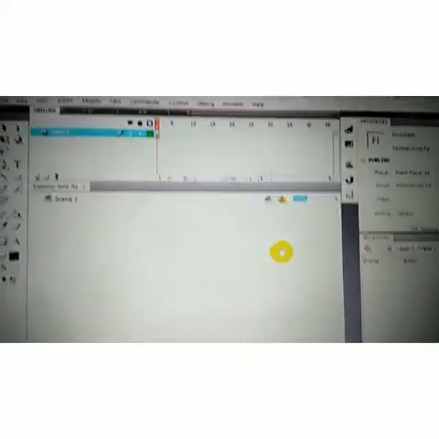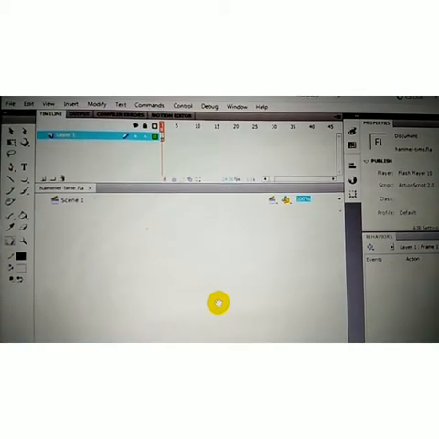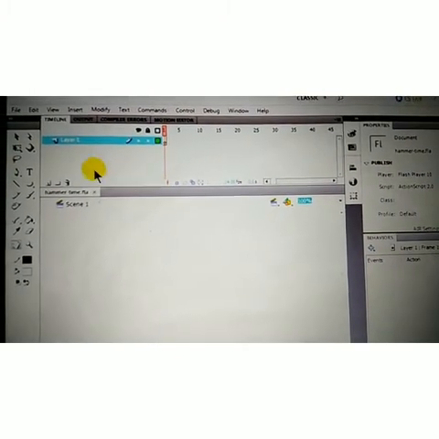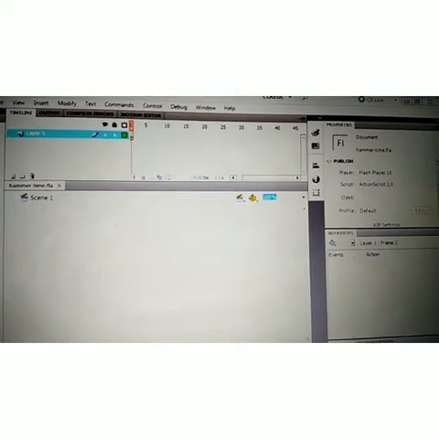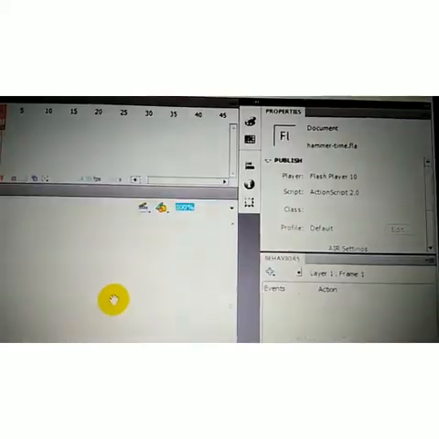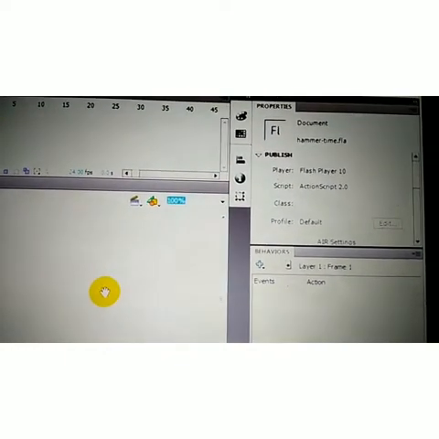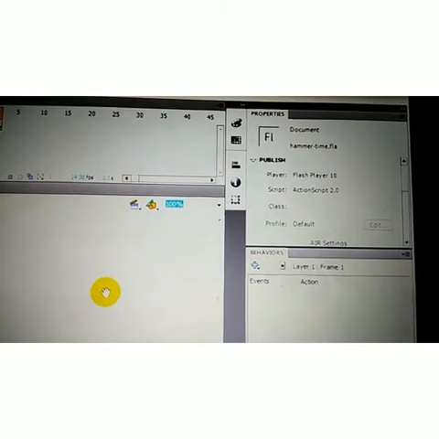Okay, so students, see how to add a sound in Flash CS3. First of all, these are the tools on this side and the scene, and you can see the Properties here. Properties, Document, and in this Flash Player, Script, Layer, Frame, all options are here.